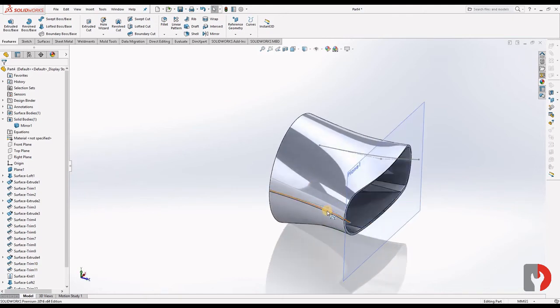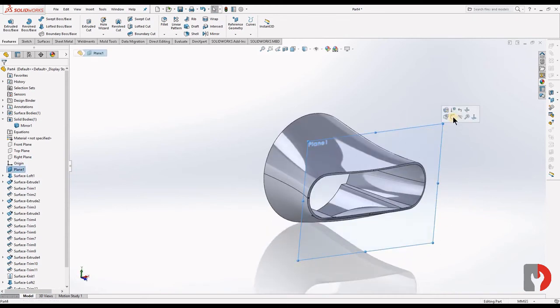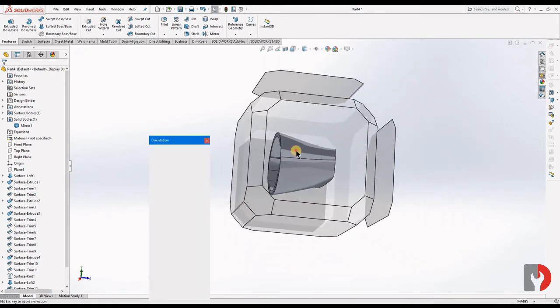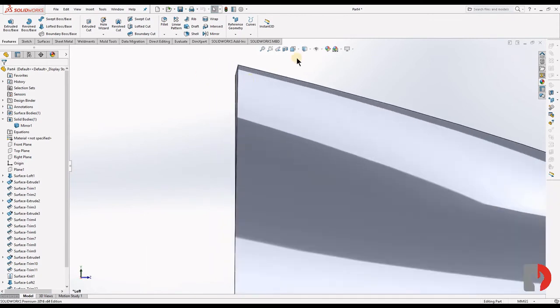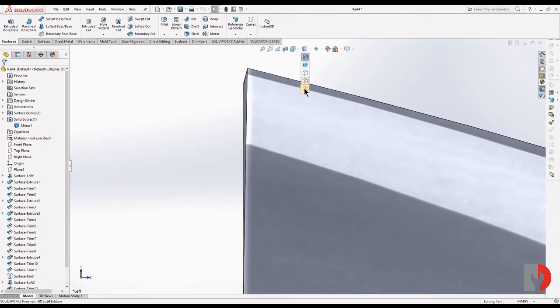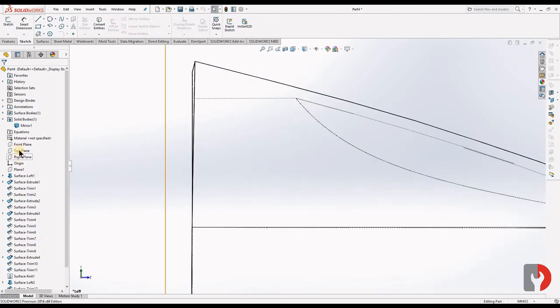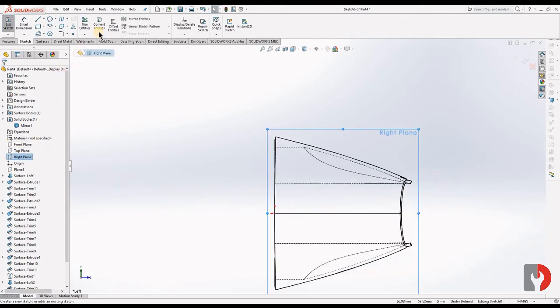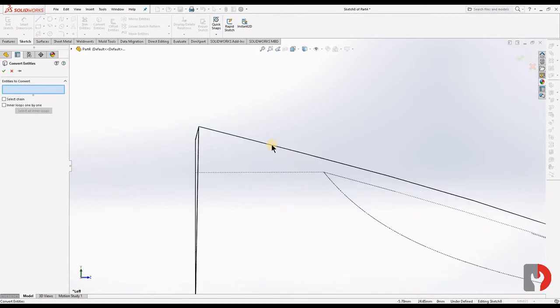Okay, hide these lines, this plane. Now we will make it wireframe. Select a sketch plane. Okay, convert entities. Okay, we'll make this and this line.